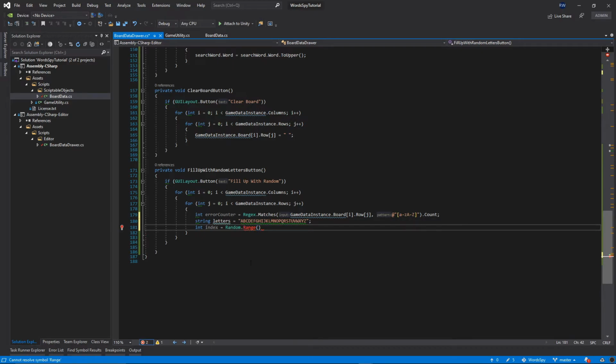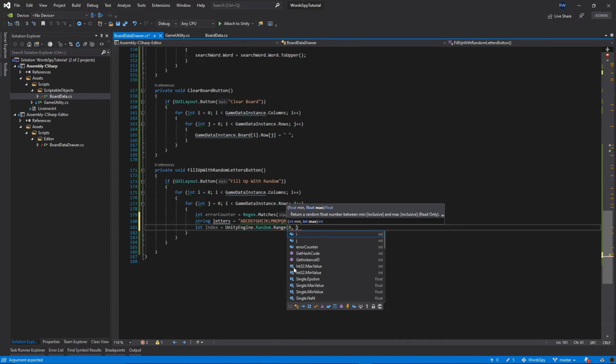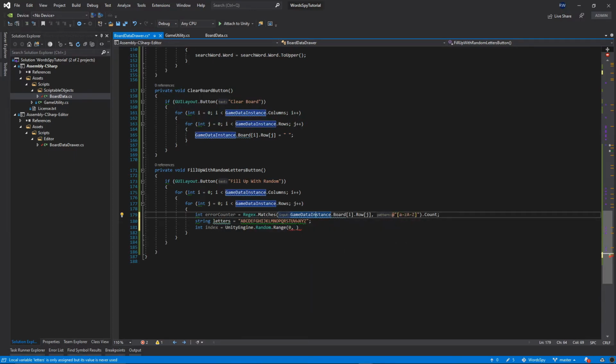And as you see, the random range is not recognized. UnityEngine.Random.Range. Make sure you put UnityEngine, because if you don't, Unity is confused about which namespace you want to get the Random function from, because you have the Random function in System as well. So just to be specific, put UnityEngine in front, and then we want to get the range from 0 to letters